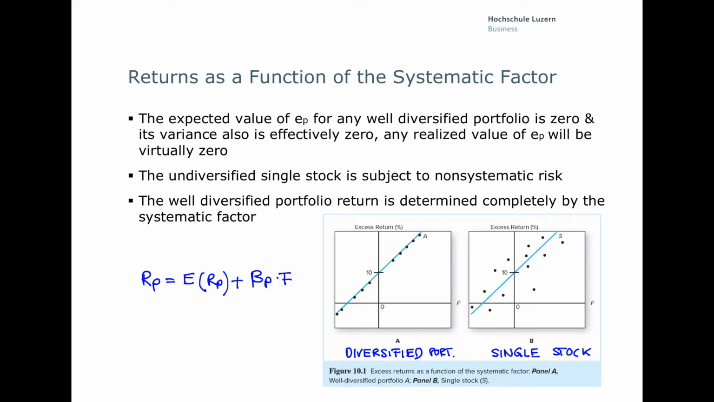Panel B plots the excess return of a single stock. As it is undiversified, it is subject to non-systematic risk, which is seen in a scatter of points around the line. The well-diversified portfolio's return in panel A, in contrast,